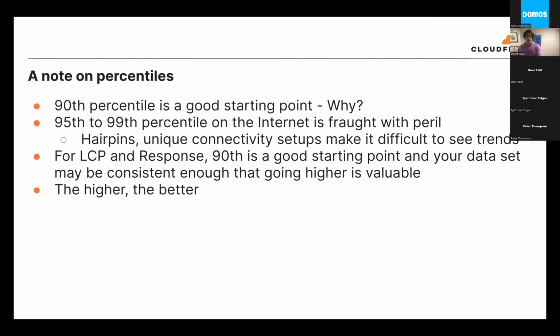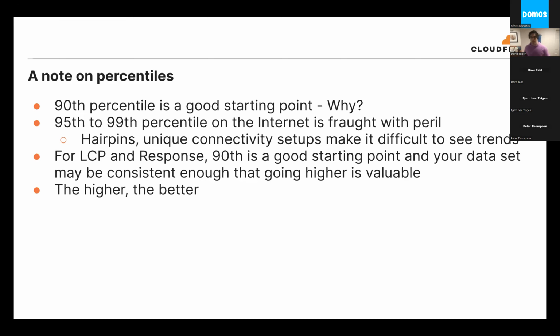Generally, we look at the 90th percentile to start, and we'll go up as high as we can get. We typically don't go higher than the 95th percentile, especially for metrics that have a very high dependency on the last mile. That is because, as Dave showed, a lot of weird routing things can happen on the internet. You could have packets that go 9 times around the world, and that's not necessarily an application problem. It's really a packet delivery problem.